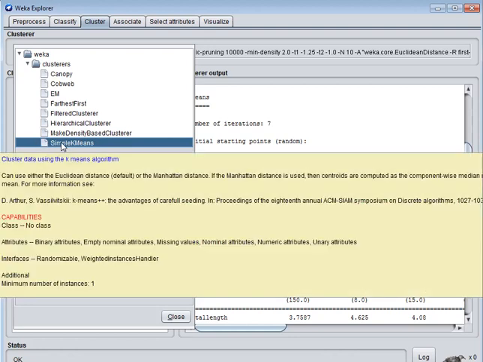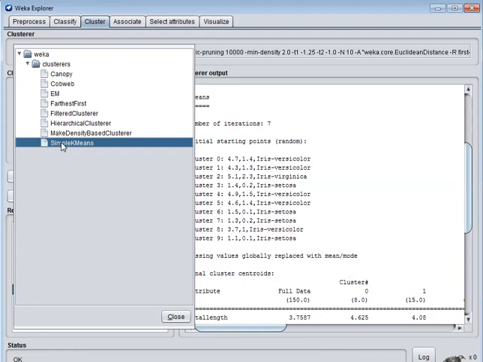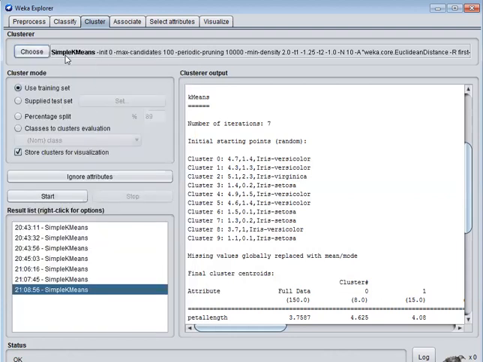Applicable attributes are binary attributes, nominal attributes, missing values, numerical attributes, unary attributes, and empty nominal attributes. These are accepted in SimpleKMeans. So we choose SimpleKMeans. In the data structure, the type must be nominal, numerical, or non-empty nominal. These types can be applied in K-means clustering for analyzing the data.